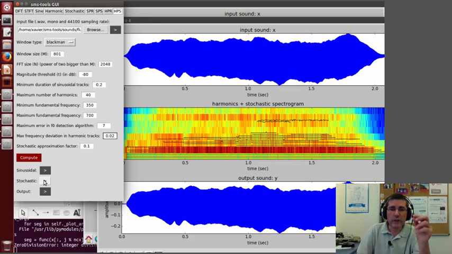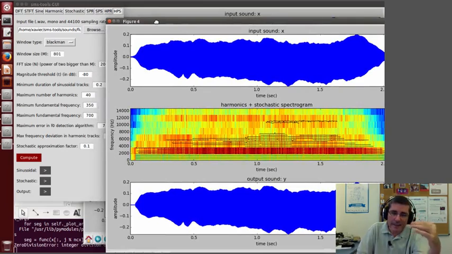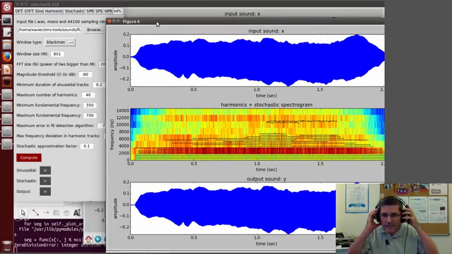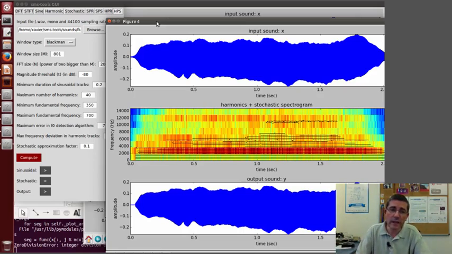Okay, of course we have lost a little bit of the details that the residual had, but it definitely keeps this breathy noise. Of course, it's not that loud, so if we put it together with the original signal, with the harmonics,